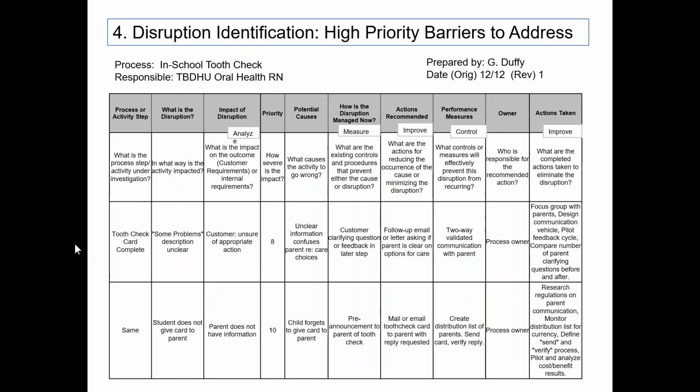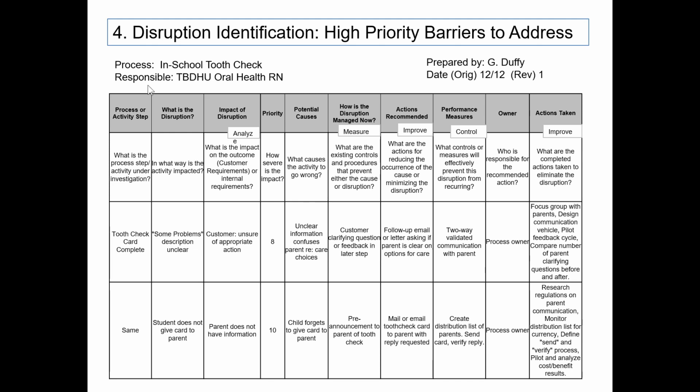Now, here is one that a colleague and I, Jack Moran, put together when we were doing some work with Public Health Foundation for the public health service in the United States. What we want to do here is identify any disruptions. And if this looks a lot like the failure mode and effects analysis tool, well, yep, you're really observant, that is true.